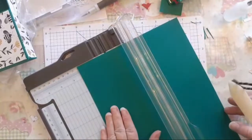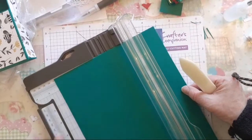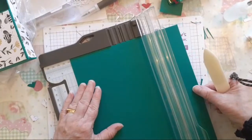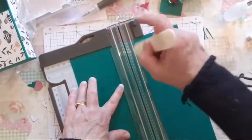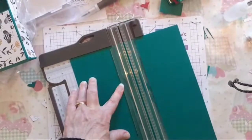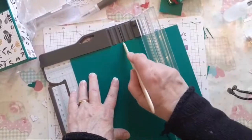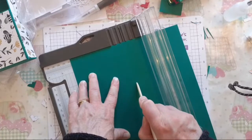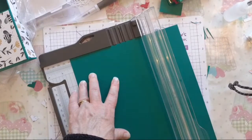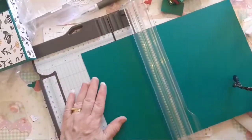So you're going to get 3 out of 1 A4 sheet. So you just want to put this in at 10.5. So 10.5 centimetres. So just put that in there. I'm just going to use my bone folder if it'll work. And you're just going to score down that line. Has it done it? Yep. Not done it so much at the top. So I'm just going to gently, that's better. Okay, so score down that 10.5